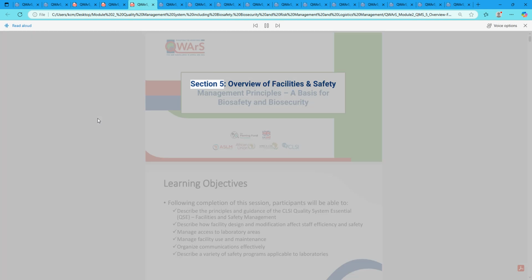Section 5, Overview of Facilities and Safety Management Principles, a basis for biosafety and biosecurity. Learning objectives. Following completion of this session, participants will be able to describe the principles and guidance of the CLSI